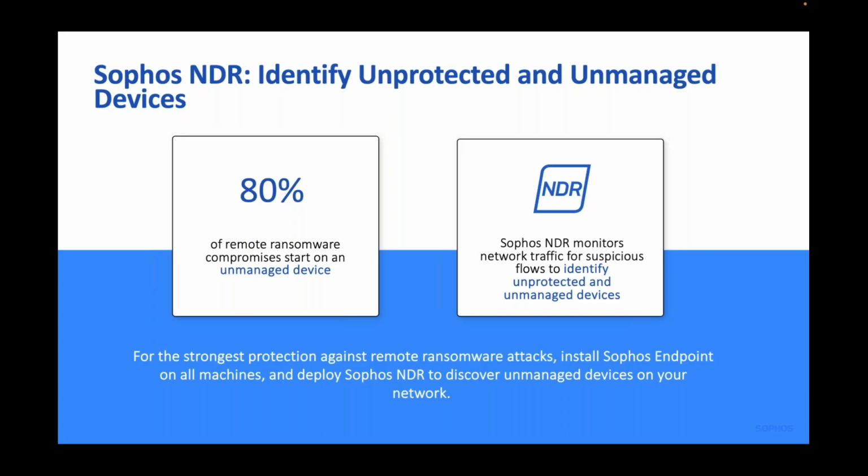So the architecture behind this is that the NDR sensor is delivered as a virtual machine, and you send network traffic to it using a span or a mirror port from your nearest available switch. And thereby getting the telemetry of what's going on the estate and flagging up where there are devices that may be unprotected, either because you've missed them or they're unprotected because they simply cannot have a Sophos endpoint installed on them. For example, medical equipment, or I already used the example of a controller in a factory. These are things that simply cannot have endpoint protection on them, but nevertheless could be used by the cyber criminal. So it's increasing the visibility and increasing the telemetry that goes into our XDR estate.